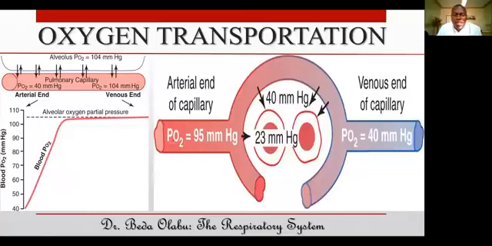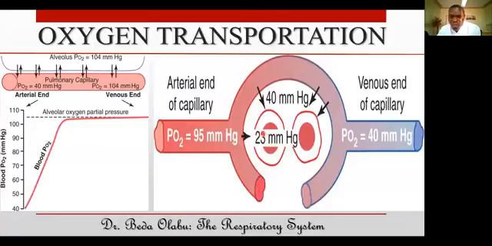The blood in the left chambers of the heart is ranging from 95 to 100 millimeters of mercury. That is the same concentration that is carried through the arteries and even arterioles up to the level of the capillaries. When it reaches the capillaries, which are now exchanging with the tissues, look at the concentration of oxygen